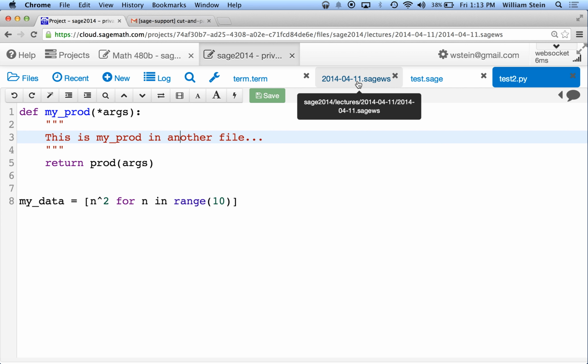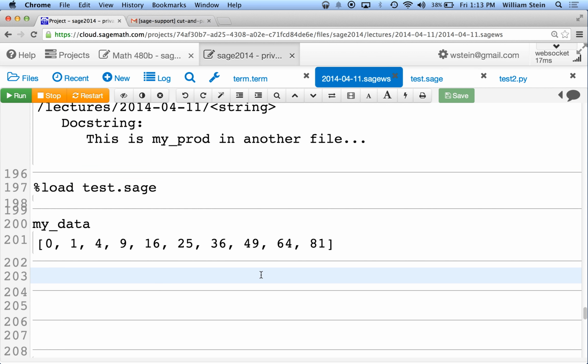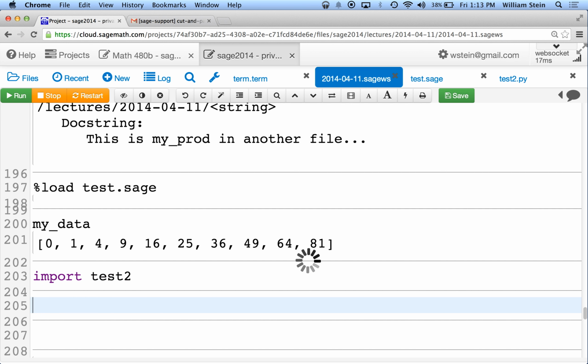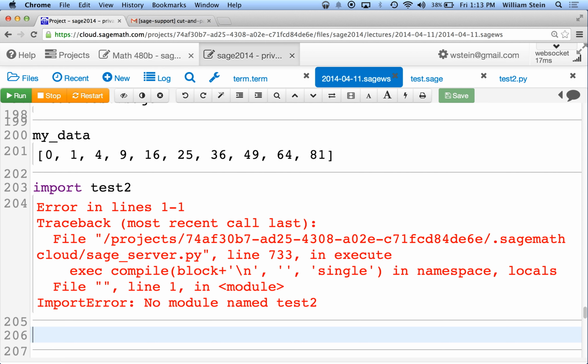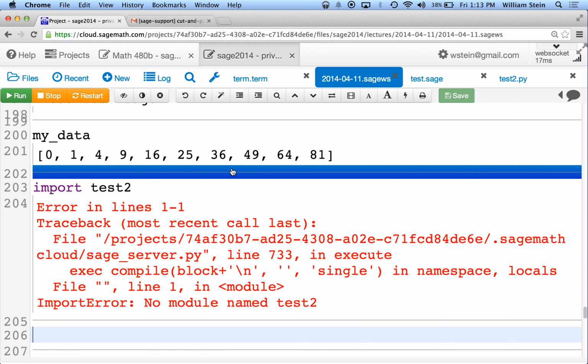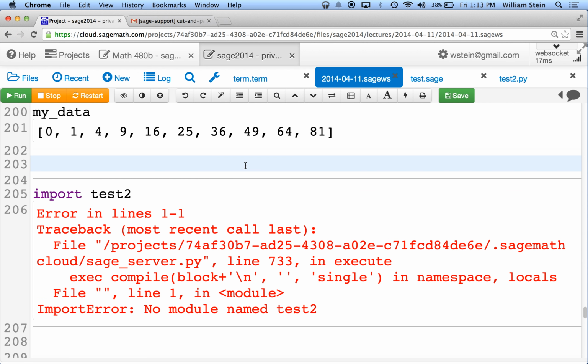So let's try to import test2. This should fail in many ways. Actually, it'll probably import fine. It just won't work. Okay, that's all right. There's one other thing. Python has a load path, like a list of directories where it looks for files to import, and apparently the directory in which we're working is not included in that path. So there's a workaround, which is